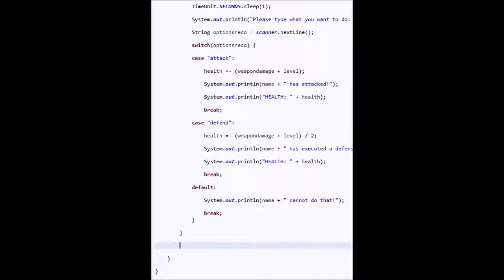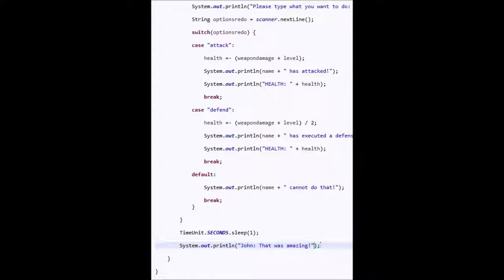what else could we do? Alright, let's make a time unit delay, TimeUnit.SECONDS.sleep(1), and put a little there, and then we're going to go sysout, John, that was amazing. Alright then, and then